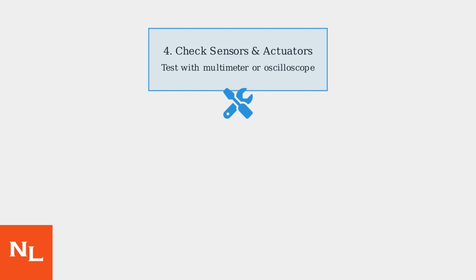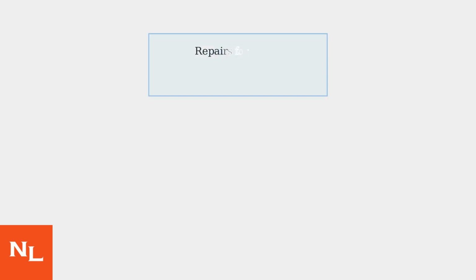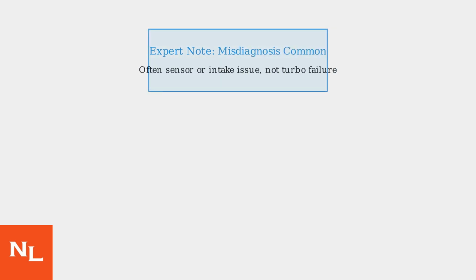proper voltage and signals. Perform a smoke test to detect any leaks in the intake or exhaust system that could cause pressure loss. Repairs range from simple fixes like cleaning carbon deposits to complex replacements of the turbocharger or reprogramming the ECM. Experts note that P0299 is frequently misdiagnosed as a turbo failure when it's actually a sensor fault or